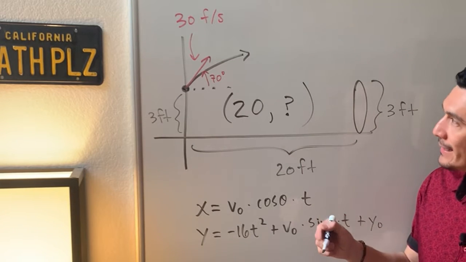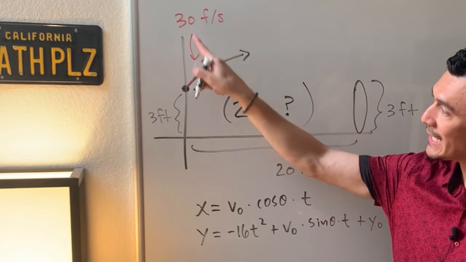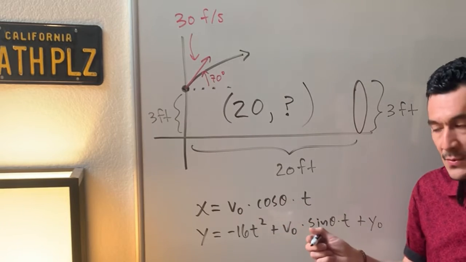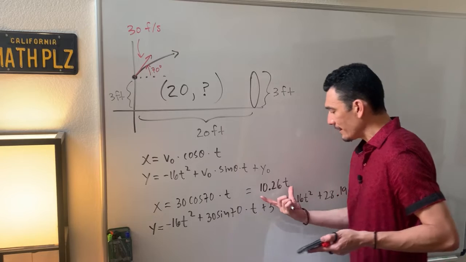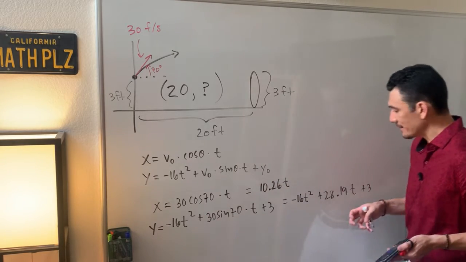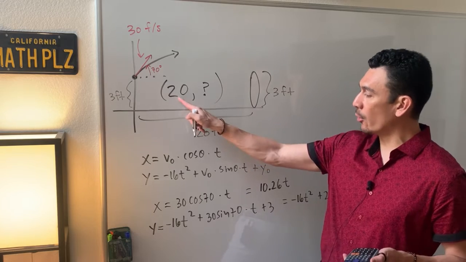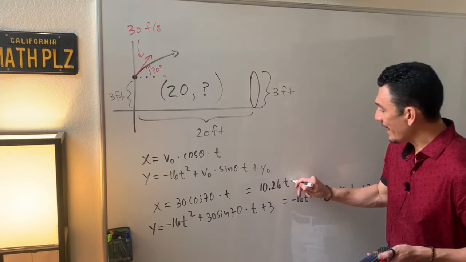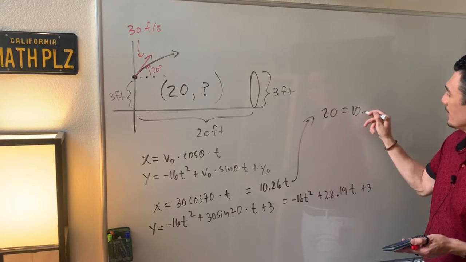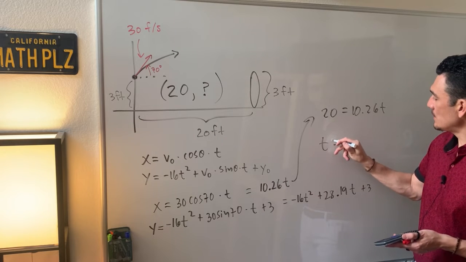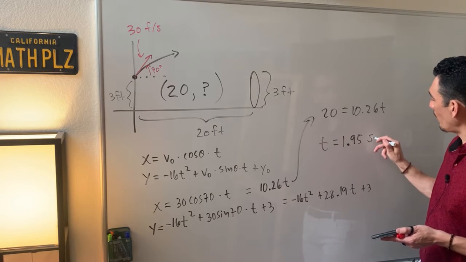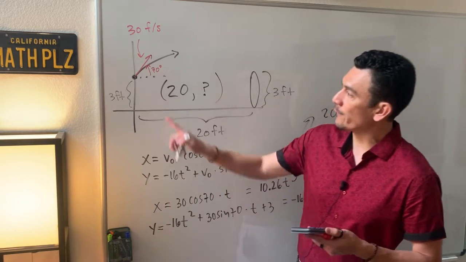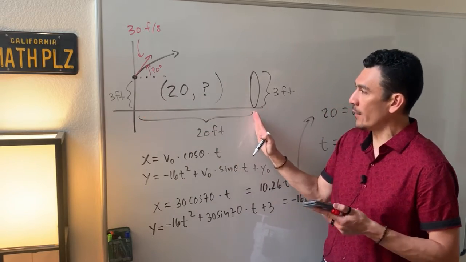How? Well, let's take the velocity and the launch angle and plug them in for all the v naughts and for all the thetas. So for my x component, I got this here. For my y component, I got this here. But again, I know that the x coordinate is 20. So I'm going to take 20 and plug it in for x there. And that would tell us that 20 equals 0.26t. And so t is about 1.95 seconds. So it takes 1.95 seconds for the dart to be 20 feet away from where you began,